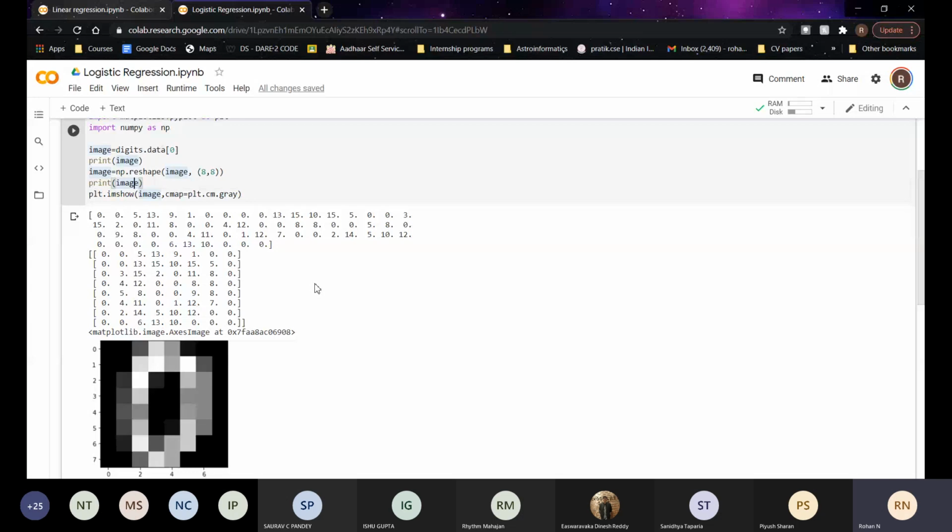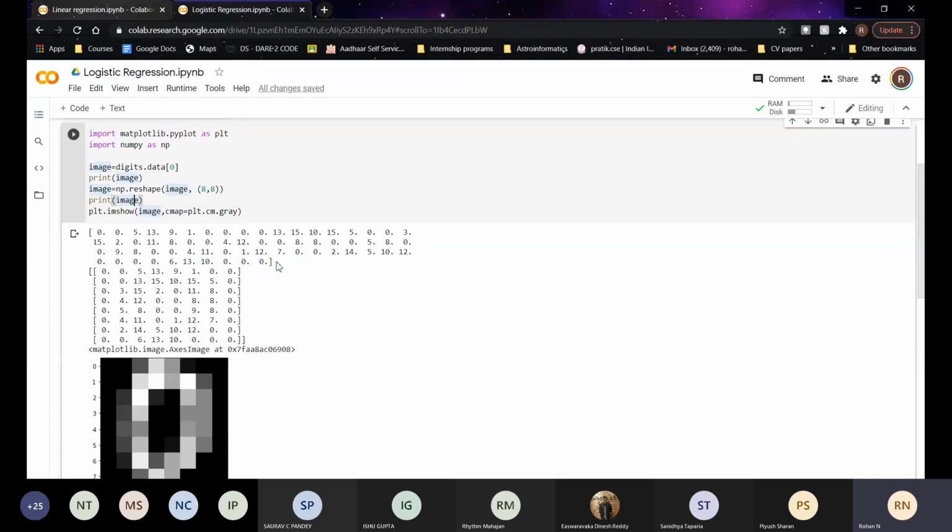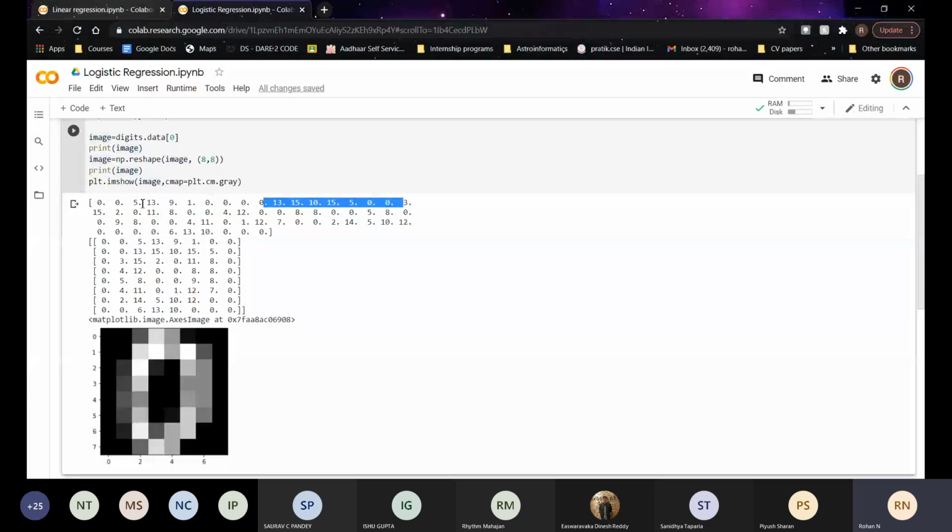Now it's a 2D array wherein the first row will be these elements, the second row will be these elements, and so on. When you use matplotlib to plot this, all the zeros will become black pixels, and anything other than 0 is just a shade of gray. The higher the value, the whiter it is.